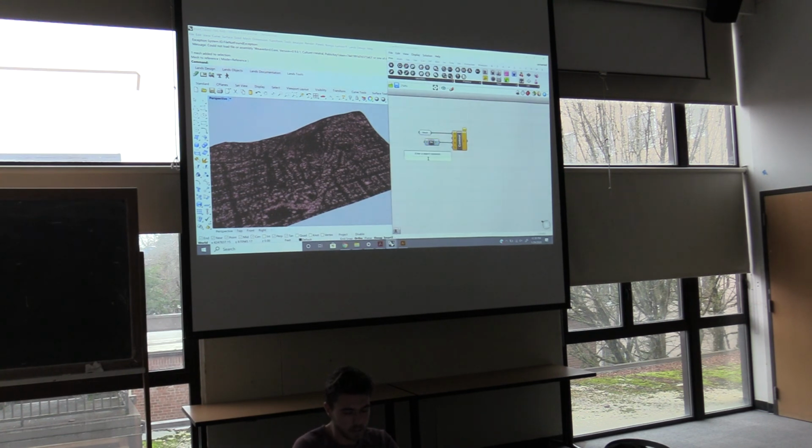You're also going to create a slider, and you do that by typing a number, a less than sign, and then the range you want to go to. So let's say 0 to 10. You're going to plug that in. And it's freaking out because your distance is set at 0, and that doesn't make sense if you're trying to create contours. So if we were to set this to 10 feet,